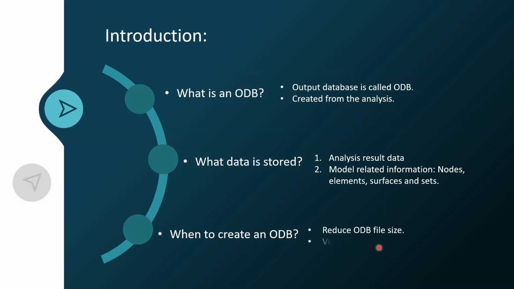Another case is where you want to see analytical results. Let's say you have used an analytical method, and you want to visualize this data in terms of contours and so on. Abacus is a very great tool to do that. You can do multiple operations when you are in the Abacus viewer. There are multiple options you can use for post processing. So in that case also you can create an ODB.